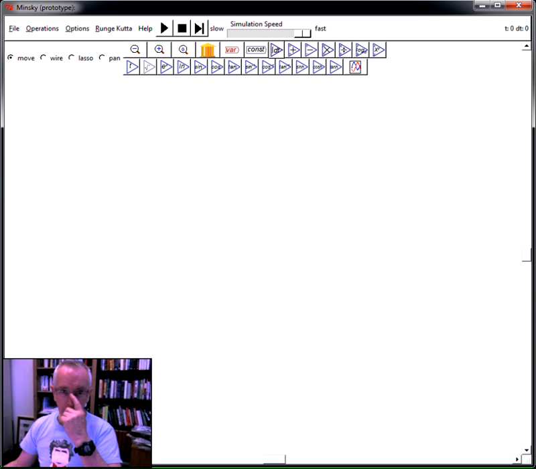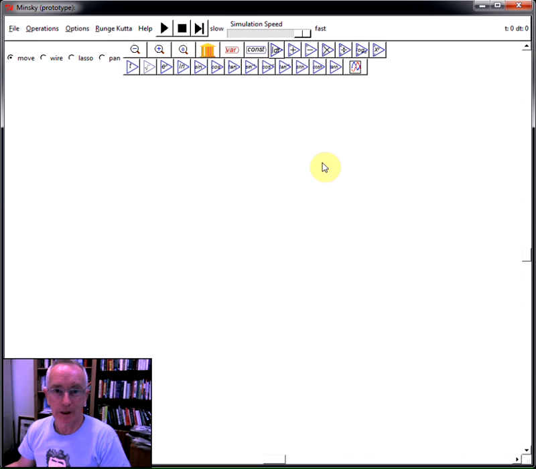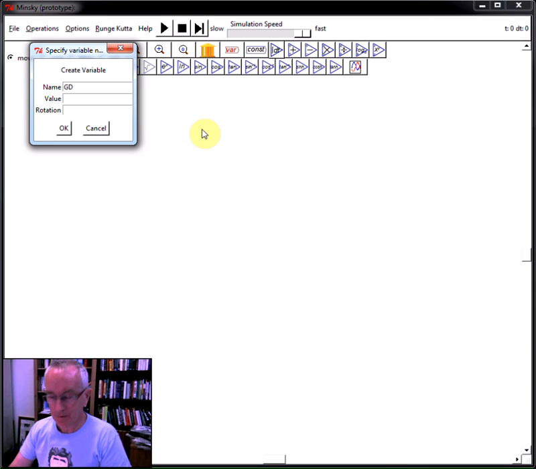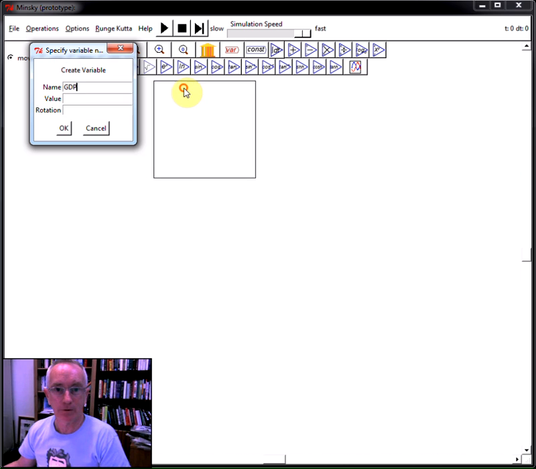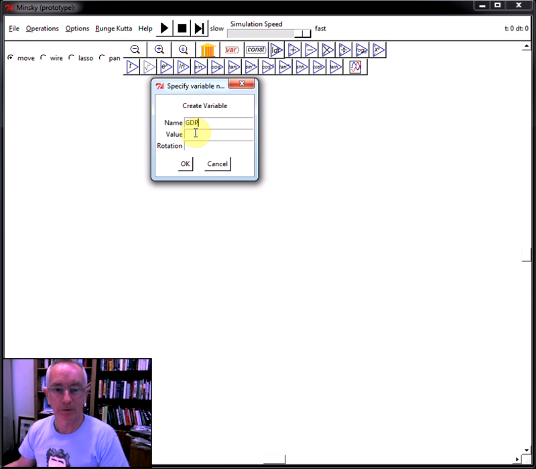Now to use Minsky to build a basic economic model, again one I could do in Simulink or VisSim. The real treat comes when I show what I can do with a banking icon, which none of the other programs have. Let's start by defining GDP, or gross domestic product, or output, which is a standard variable in any macroeconomic model, of course. I'm not going to give it a value here because it's determined by the dynamics of